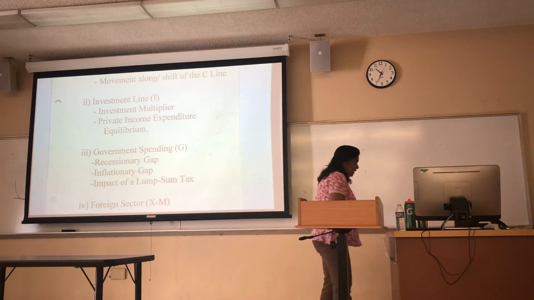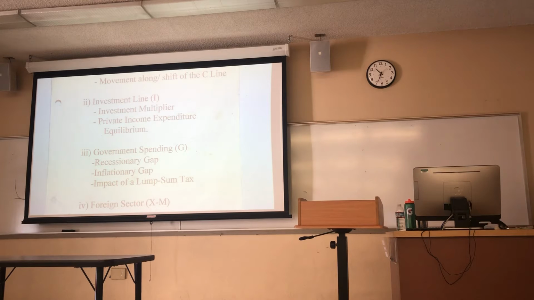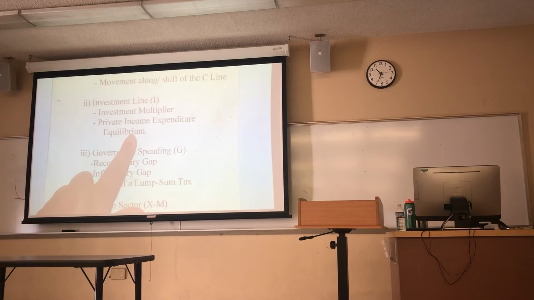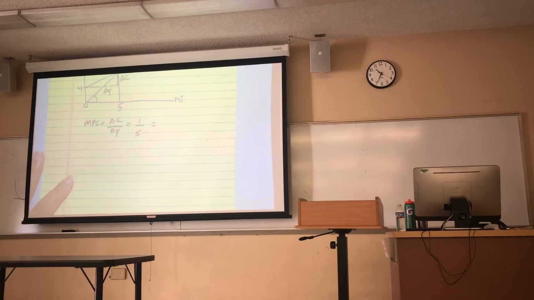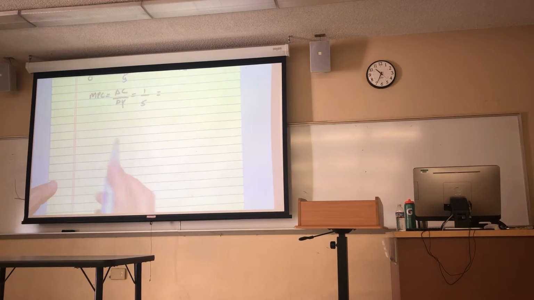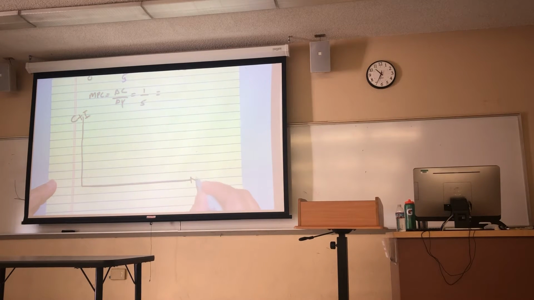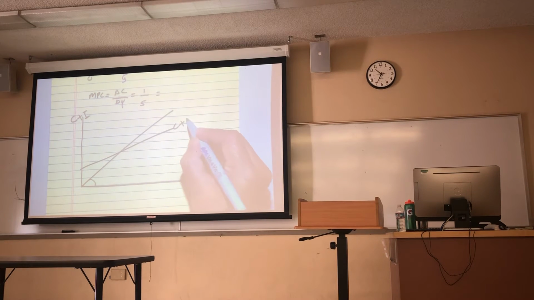Okay, so let's take a look at the last part we have discussed in terms of the investment line, and that is what we call the private income expenditure equilibrium. Okay. So let's draw another diagram. So now we have C and I on the vertical axis, national income GDP on the horizontal axis, okay? And this is our 45-degree angle line. And we have our upward sloping C plus I line, okay? So again, what this is telling us,